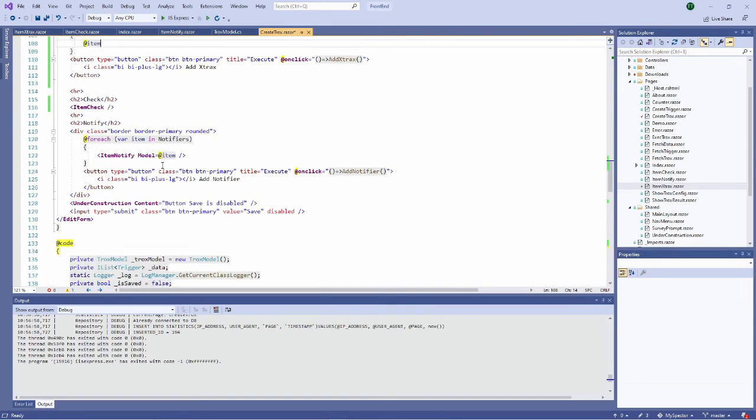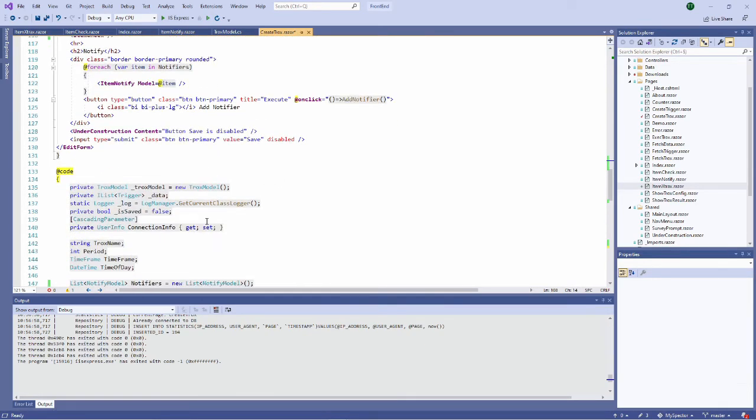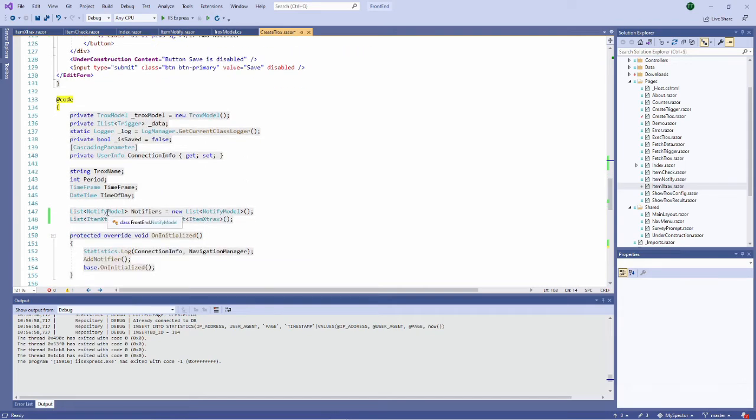You must create a list of models and put them. So let's do this. I will not have a list of extracts, I will have a list of extracts models.